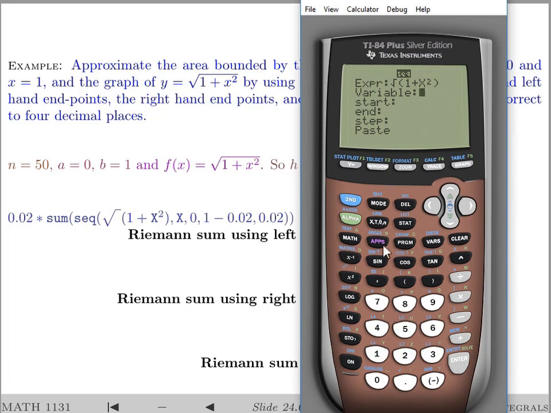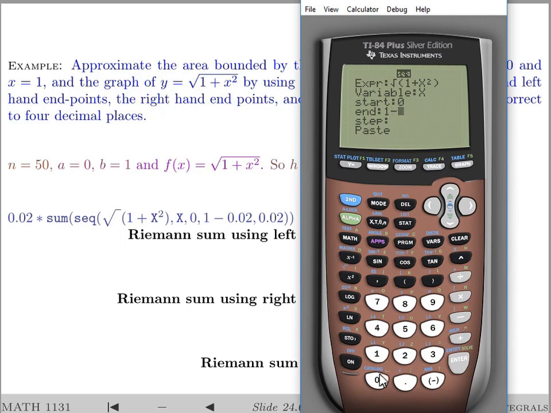The variable is called x. It allows you to use different names for variables. X is the easiest to put in, which is why I always use that. X starts at 0. It's going to end at the left-hand endpoint of the last subinterval, which is one step